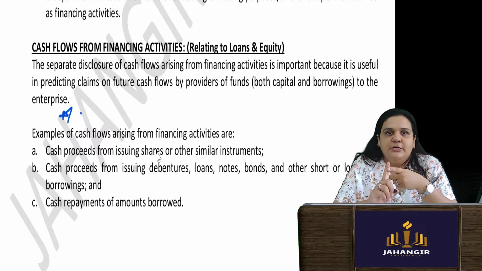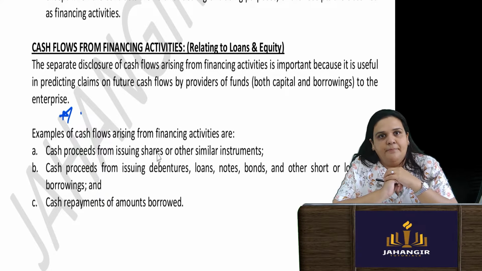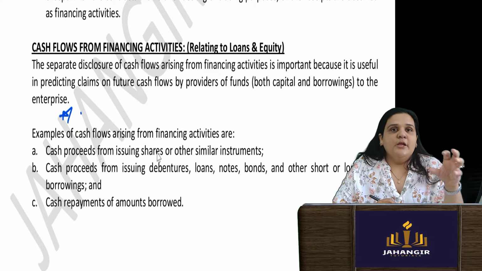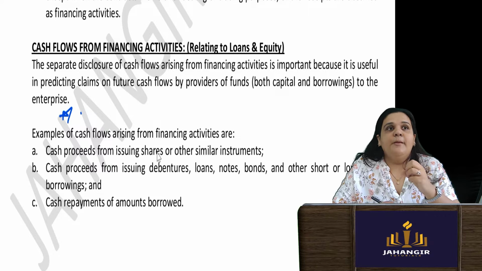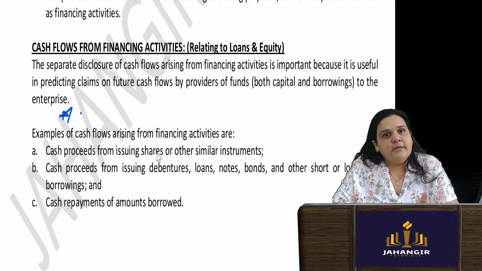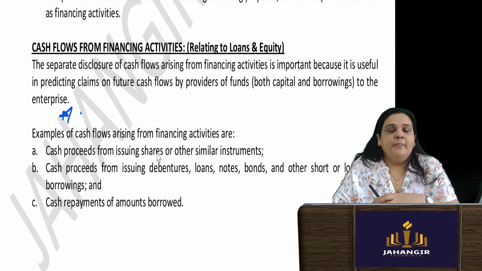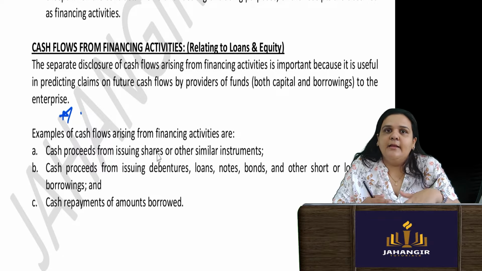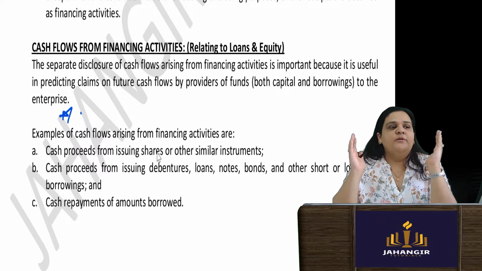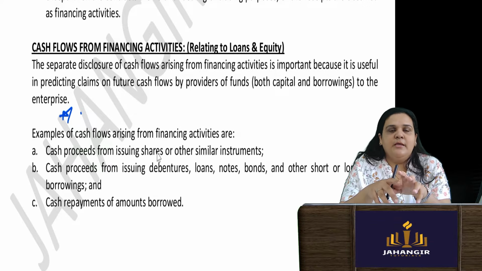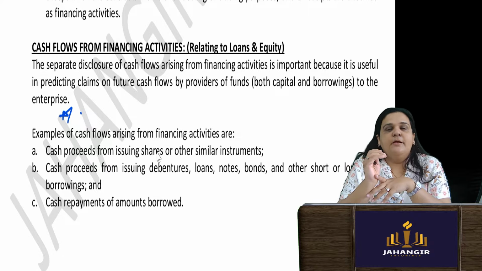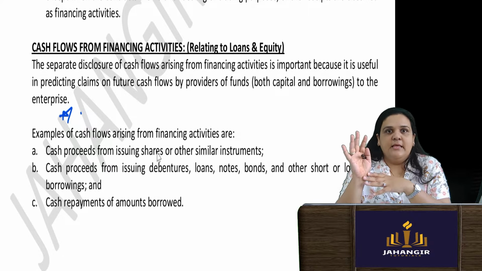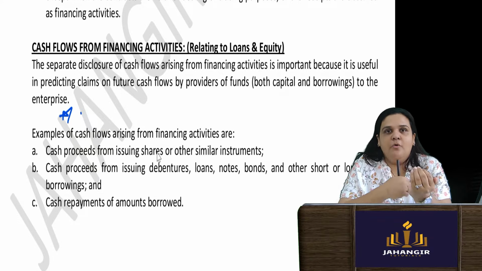Now for that plant and machinery, you have taken capital from the public, and then you are going to invest in that. So equity share capital will increase. So you are doing this financial activity. Correct. You are going to pay dividend on that capital. Again, it is related to the finance cost of your capital. You have taken a loan from the bank. Again, it is related to your financial activities. Right. Interest you are paying. So all that which relates to your financial instruments will go into the financial activities, and we are going to get cash flow from these three separate activities, and then we will come to know whether it is an inflow or an outflow.